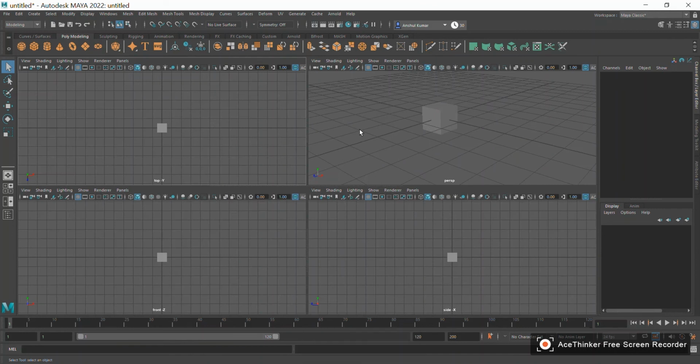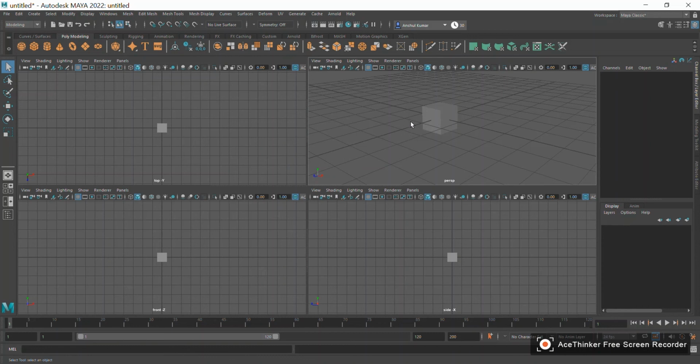When we press space, we can see that here it is the perspective view. But what are these other views? This is written top, this is written front, and this is written side. So whatever you see from here, you will see in top view. Whatever you see from this side, we are going to see in side view. Whatever we see from this side, we are going to see in front view. Okay, so we know what these views are.